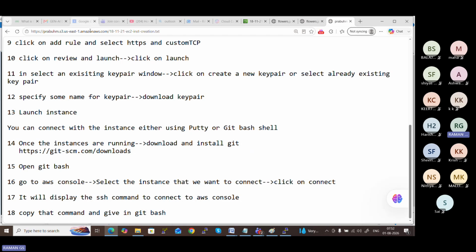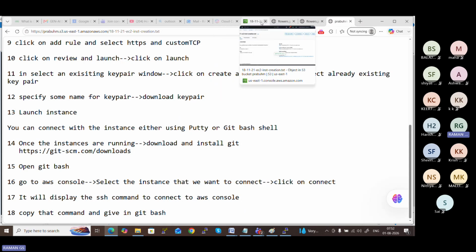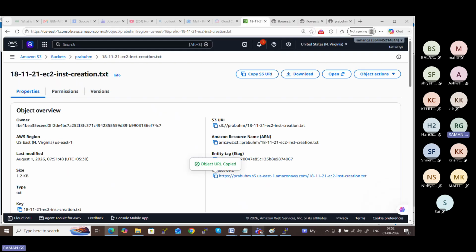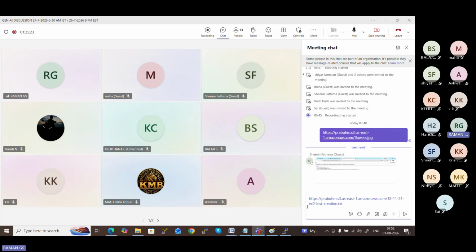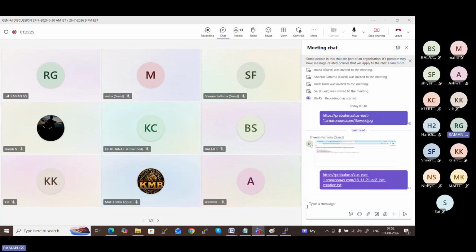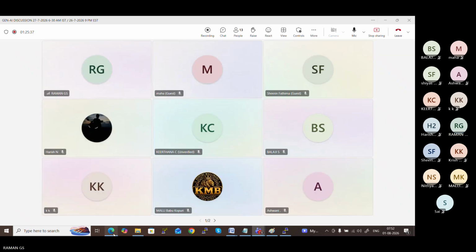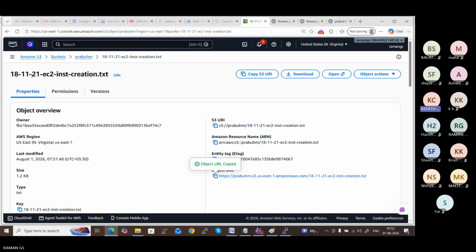So you can also view it. I will share the same with you. Let me know, you can now straight away download, because I already made it public. The URL that I am copying, you can access the text file straight away. This is how to create a bucket and do all the activity. Yes, I shared the URL. Please let me know, can you access it or not? Yeah, that's very good.